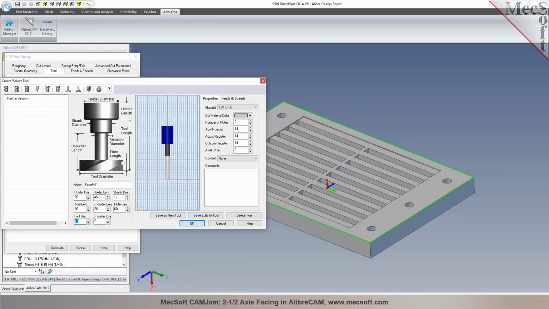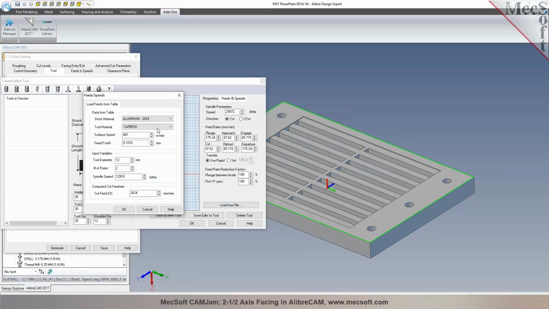I can specify it could be like, for example, 25 millimeter, like a 1-inch cutter. I can specify the shoulder diameter in here. I can specify the properties for the flute length. I could say it's going to be 20 millimeters, 25, 30 millimeters, like a face mill cutter right there. I can specify all the properties in here for the tool, and I can define my tool number, establish feeds